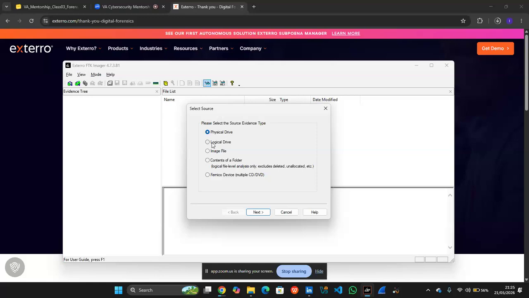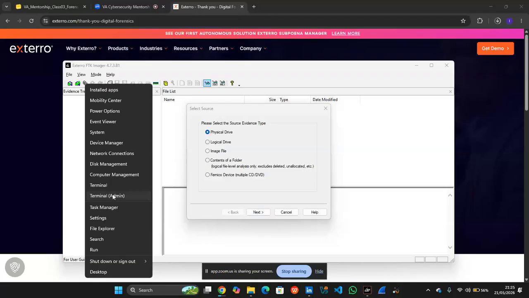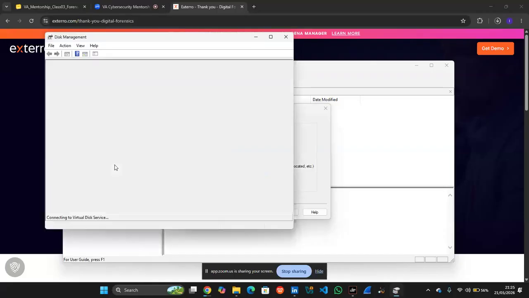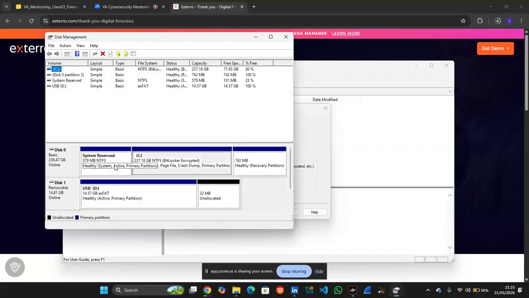Logical drive, let me quickly open up my disk manager so I can explain what a logical drive is. So a logical drive, I can say, is just a partition in a physical drive. Let's say, for example, this is my hard disk, right? It is a 256 gig SSD, but it has three partitions. As you can see, three partitions.